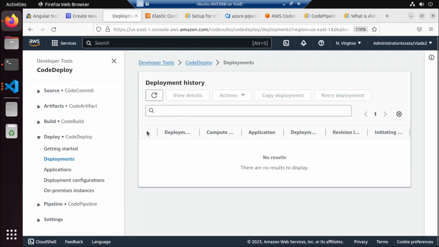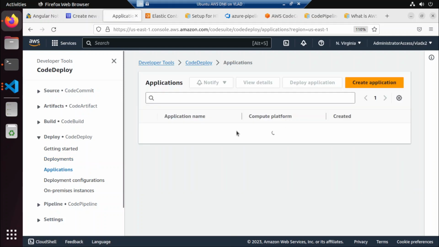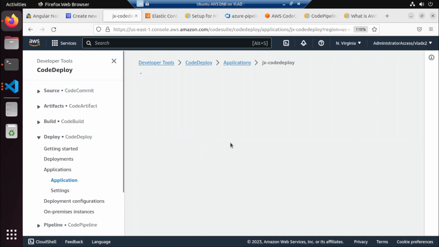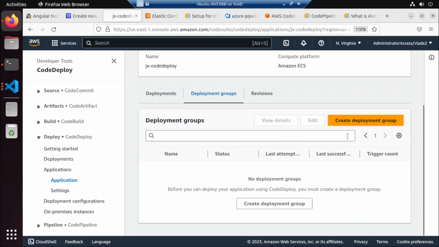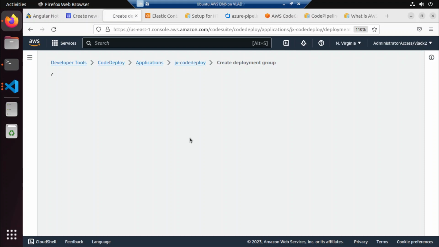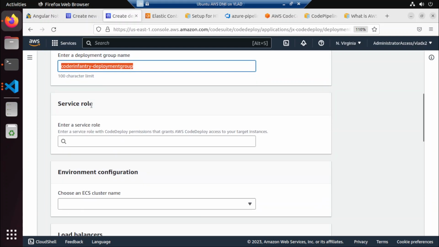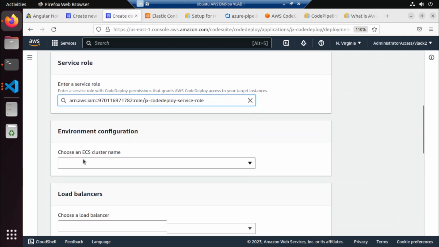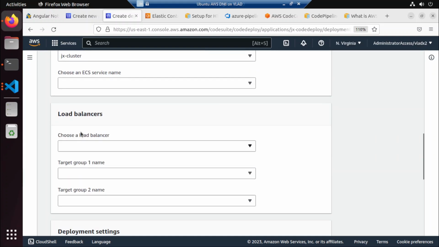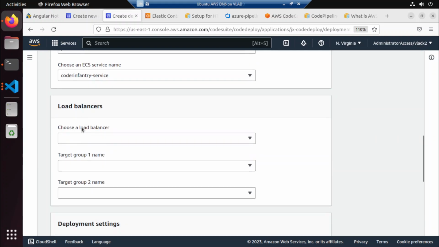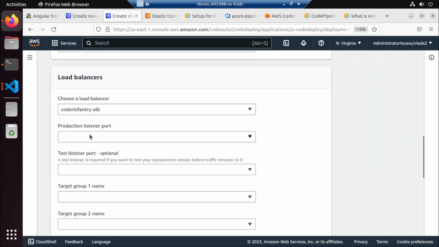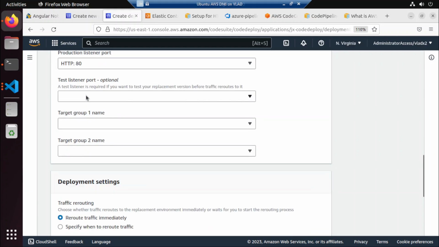CodeDeploy, deployments, application. This is our CodeDeploy. This will require a deployment group. Alright, so enter the deployment group name: coder infantry deployment group. Service is this service. The JX cluster, ECS service, coder infantry service, infantry LB, this one,